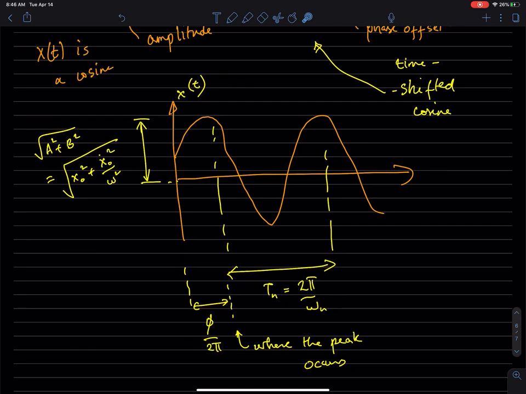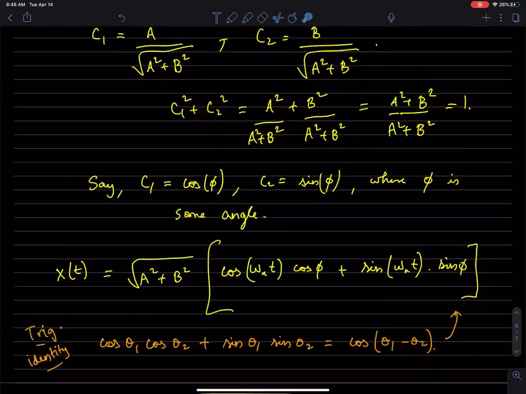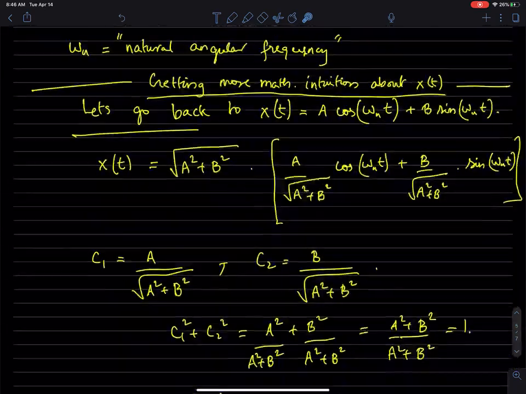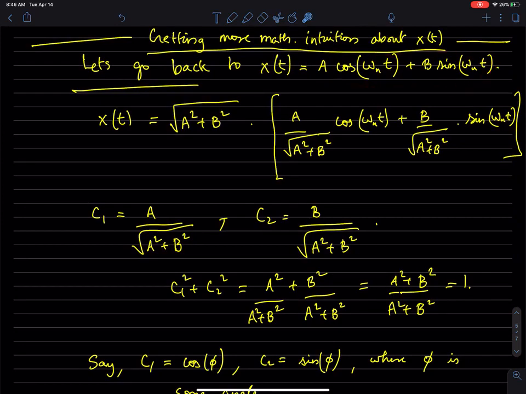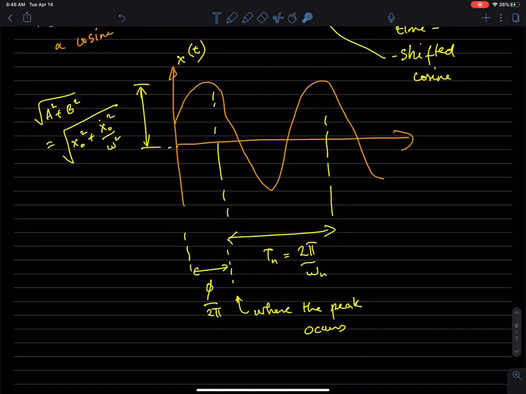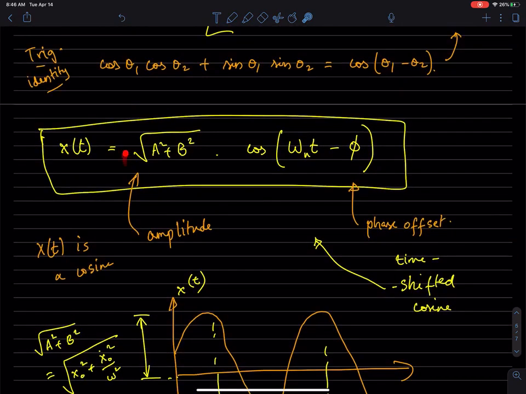So the summary is that this motion x of t equals a cosine omega t plus b sine omega t is still a simple sinusoidal or cosinusoidal motion, except with this amplitude